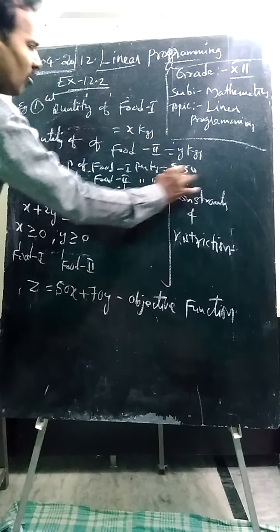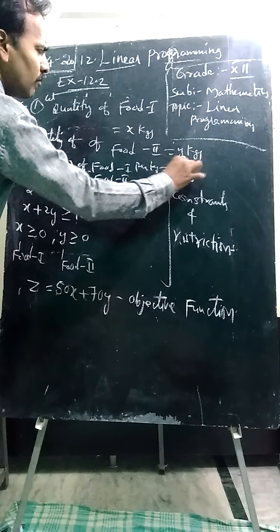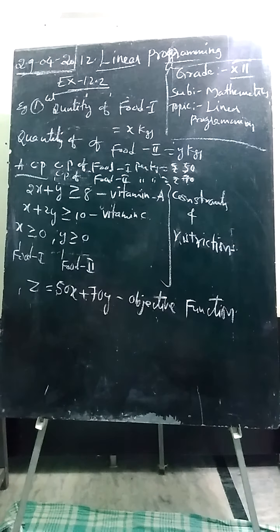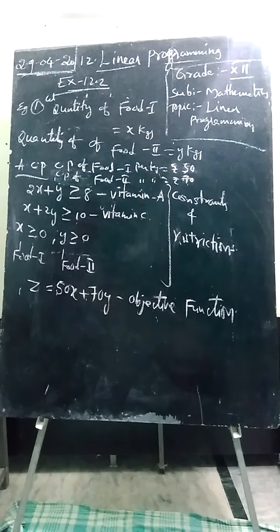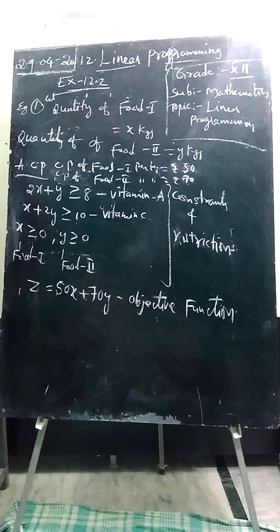So we have formulated the linear programming problem. Now, after getting this, we need to find the minimum cost price for getting maximum energy. That is why we will minimize this cost price. So we frame these two equations.